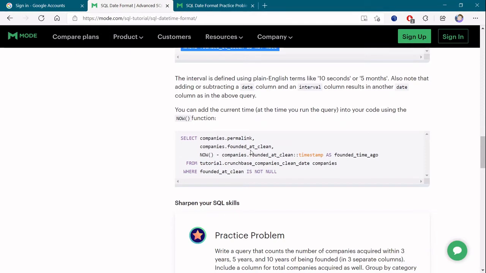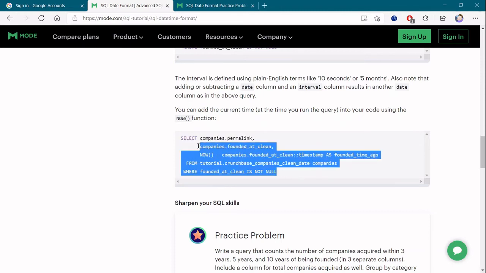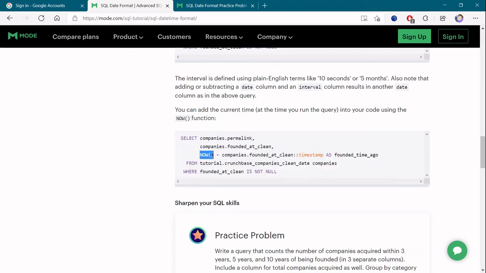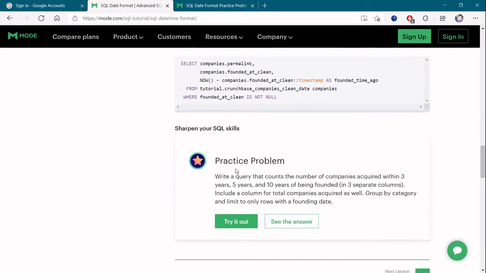Or if you want to know the age of some person, you can use something like now minus their date of birth, the year of birth basically, so you will get the year. Like this, if you just want the difference, with the help of now you can get the timestamp of now, whatever timestamp your system has. So this is pretty simple.